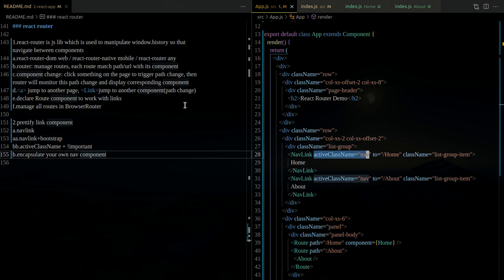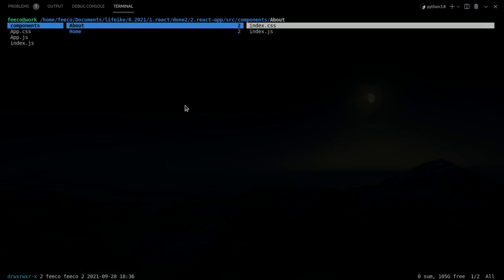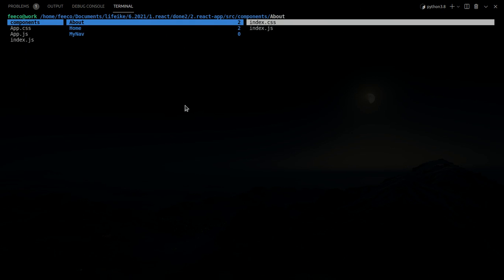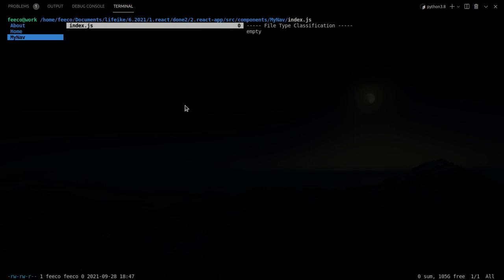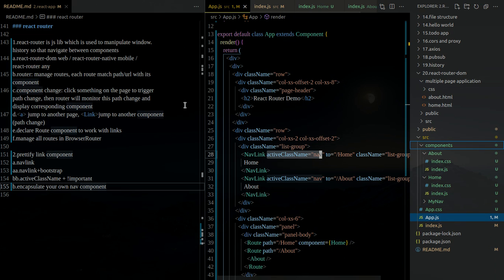It is pretty simple actually. So in this case, we want a my nav link component, and we have index.js. Let's just copy this. Right. So open this,